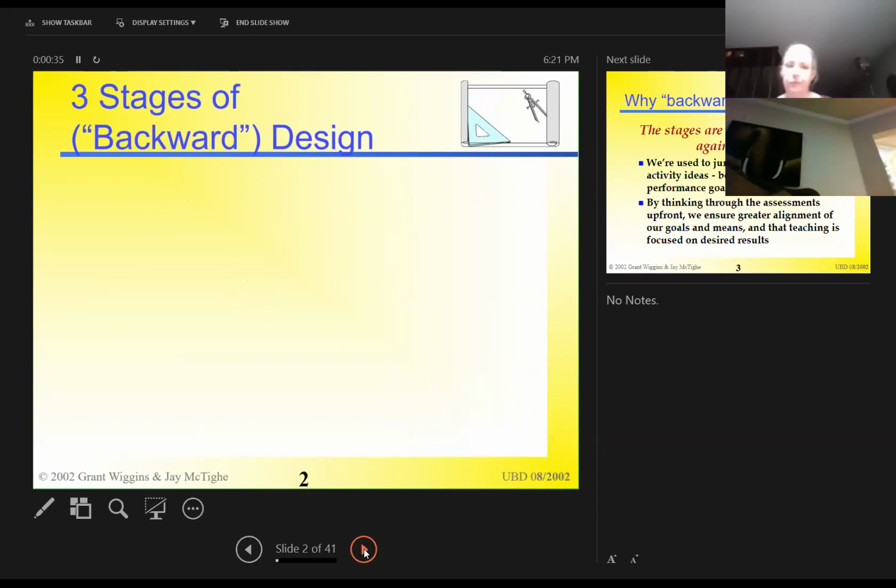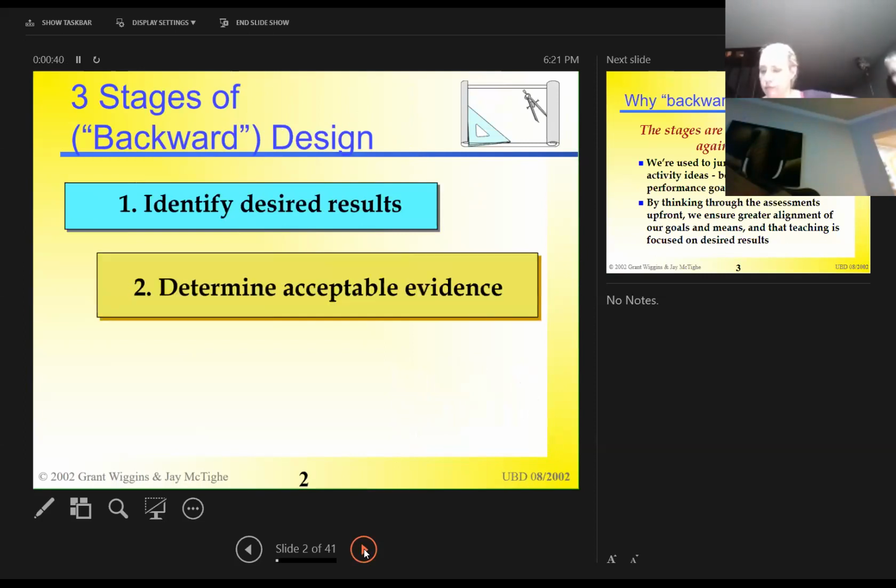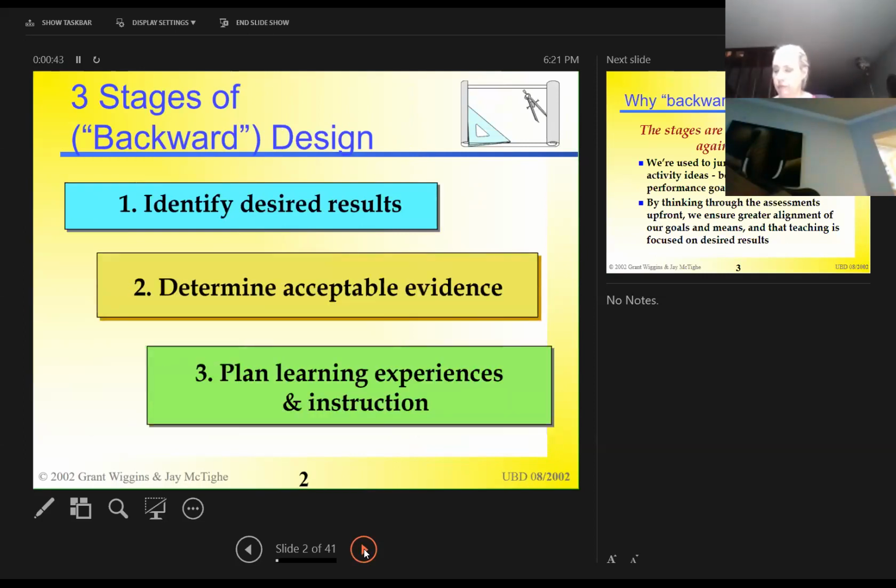You may be familiar with the work of Stephen Covey, and in his book, The 7 Habits of Highly Effective People, he talks about starting with the end in mind. Well, this is the same premise as related to curriculum. What Wiggins and McTighe tell us to do is start first with our desired results. What is it that we want to happen? Maybe in your class, you want 95% of your students to score at the college readiness level on the state's math assessment. So that's your desired result.